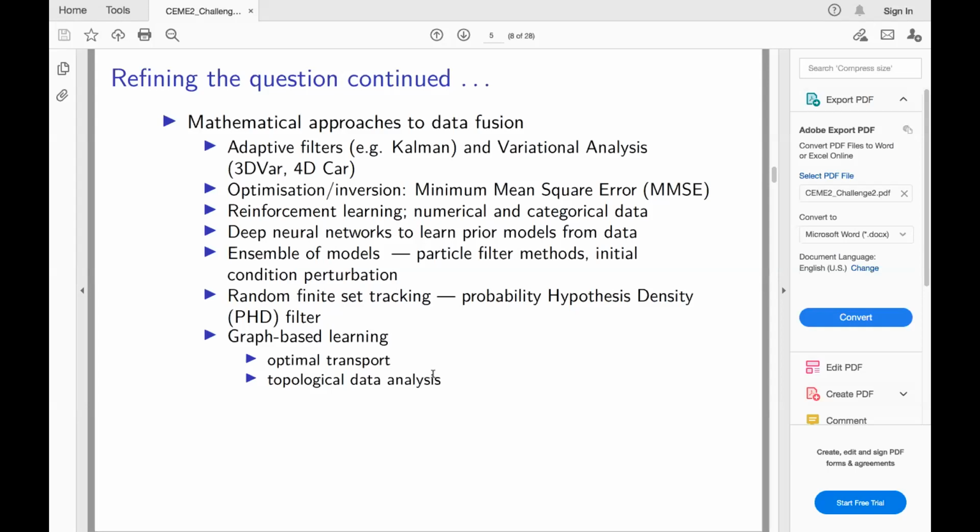And depending on the context, there are lots of algorithms, and there's also this idea of minimum mean square error as a way of estimating error. There's also the whole area of AI and machine learning, and the concept of reinforcement learning is a very useful one here. It can be used with both numerical and categorical data, categorical data like blue or afraid or raining, as well as numerical data.